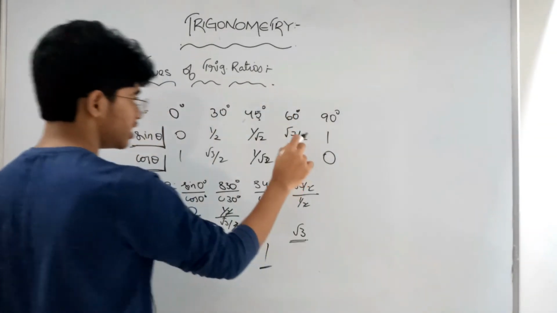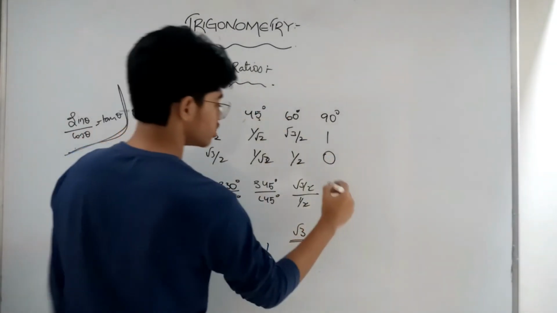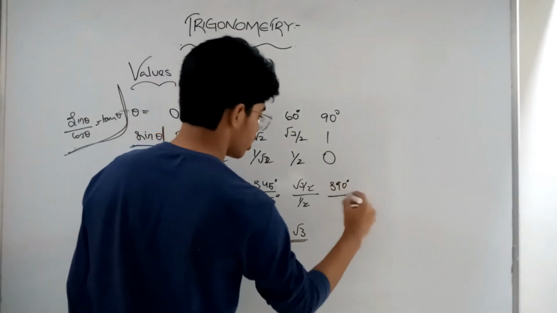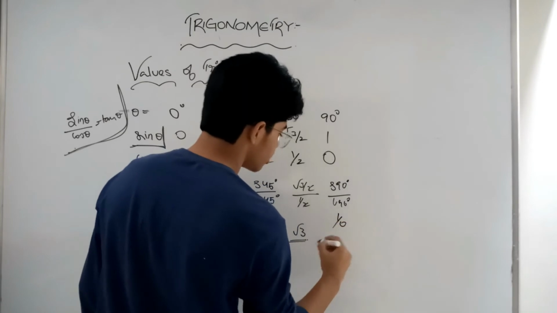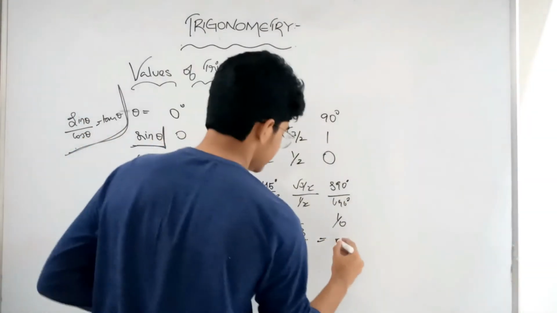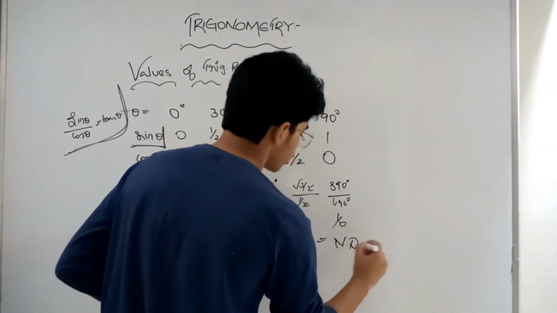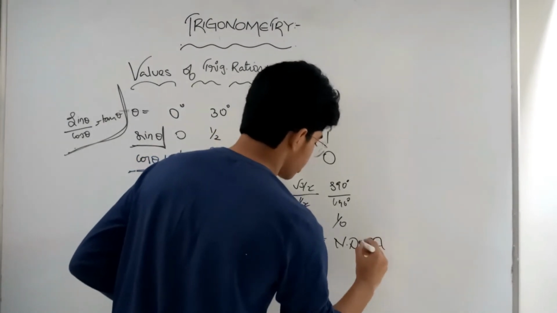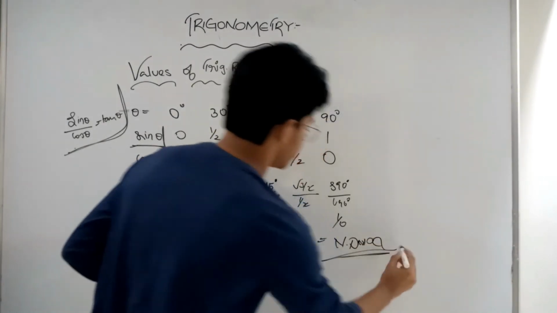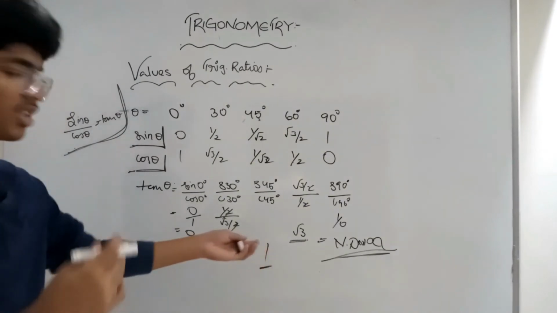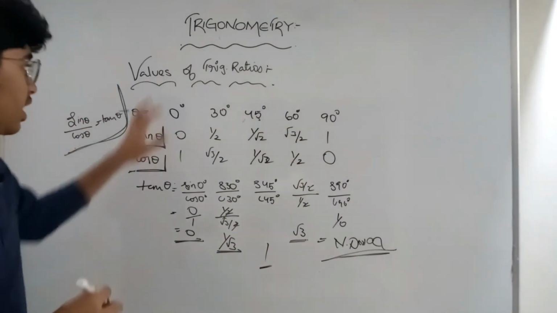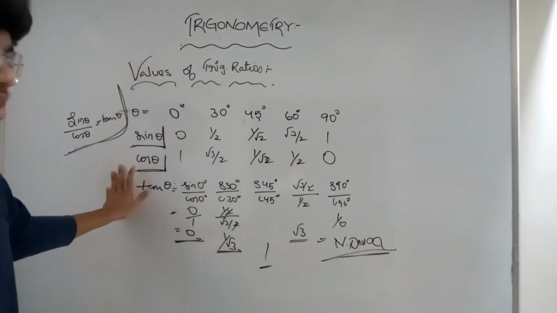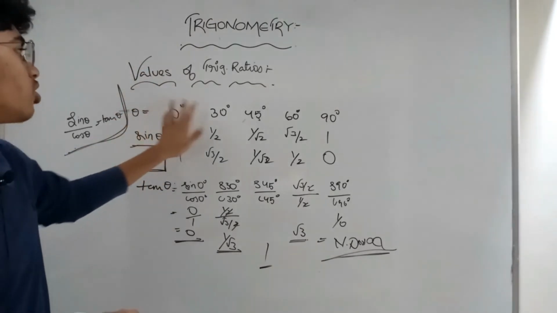Next, tan 90, that is equal to sin 90 over cos 90, which is 1 by 0, which is not defined. Or we can name it as ND or infinity. Anything is fine, because division by 0 is not defined in maths yet. That's it. So we got the values of tan theta, cos theta, and sin theta for all of 0, 30, 45,